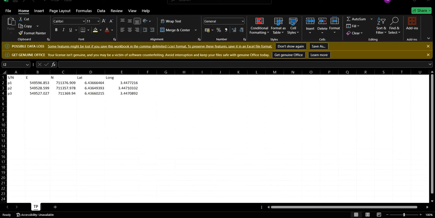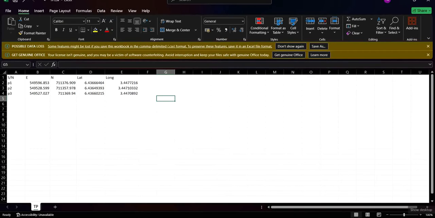Solve it much easier. In this video, I'll enlighten you on how to import Excel data to Google Earth. To carry out conversion from eastings and northings to lat and long, I'll drop a link in my video description